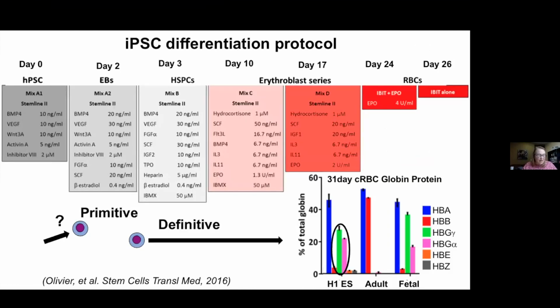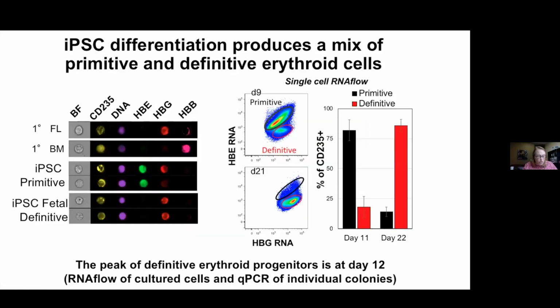We selected an iPS differentiation system that was based on one published by Olivier in 2016, because we know they ended up with cultured RBCs that had predominantly fetal proteins for globins. So we reasoned there had to be a definitive progenitor earlier, although there could also still be primitive. And we found that that was actually true when we turned to looking at individual cells' RNA through RNA flow. We're able to show up here on the top left that in primary fetal liver, you can see